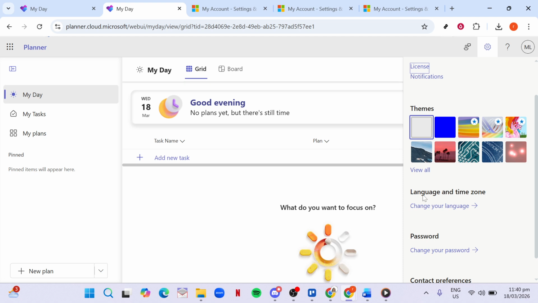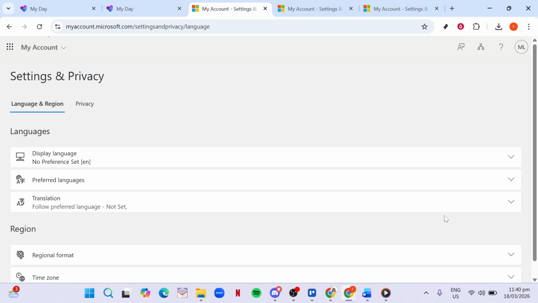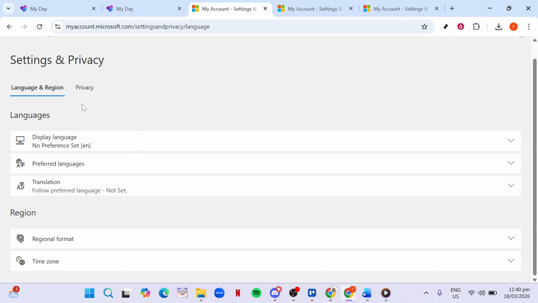In this settings menu, you're looking for the option to change your language. It may appear as a direct link or as part of a language and time zone or language and region area, depending on your tenant and interface version. Go ahead and select the option that mentions changing your language. This will take you into a more detailed settings page where you can adjust how the interface appears across your